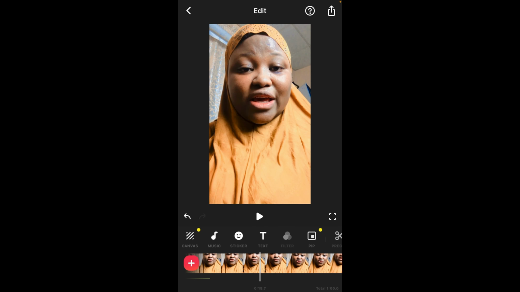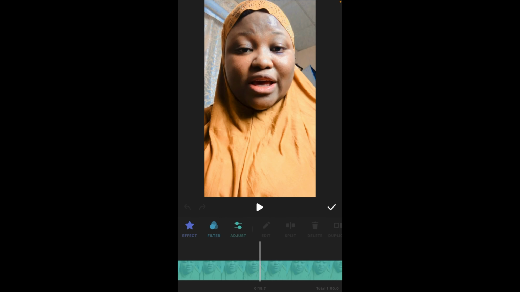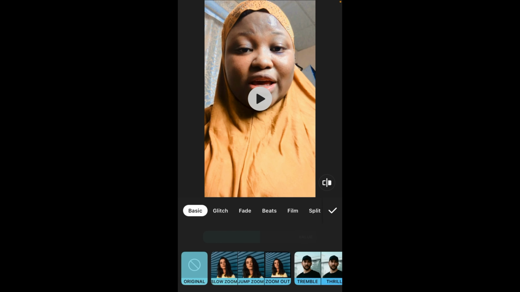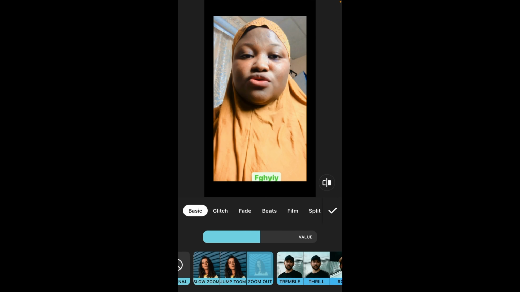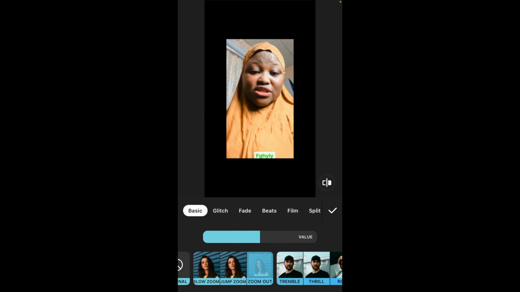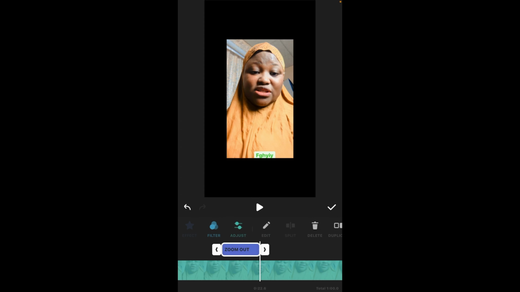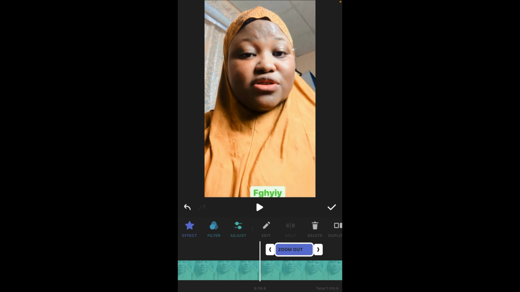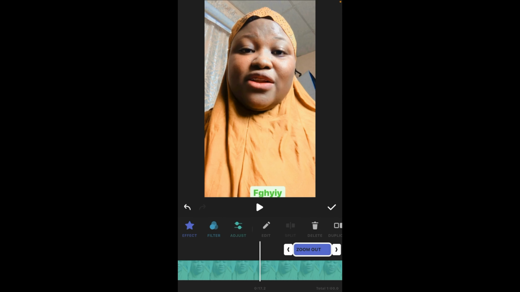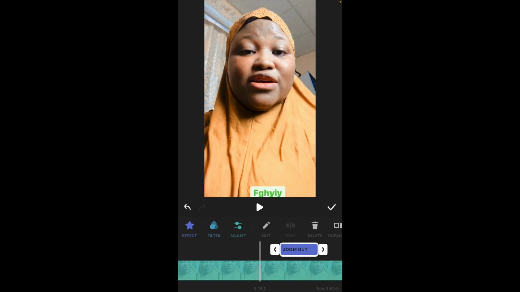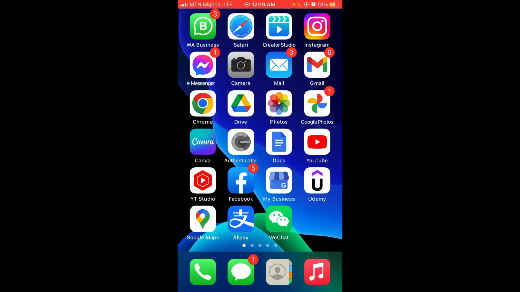Let's click on the filter. You can see that we can adjust the effects. Okay, let's click on effects, then we can play around. So you can see that, okay? Now it is at this time where this line is, anywhere this line moves to, that is where you are editing. Okay, so if you want to join a reel that is trending, okay,